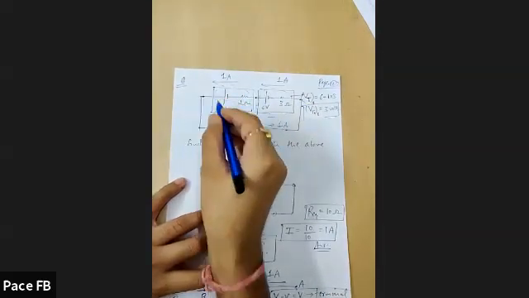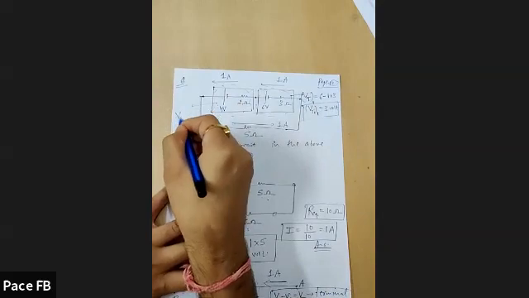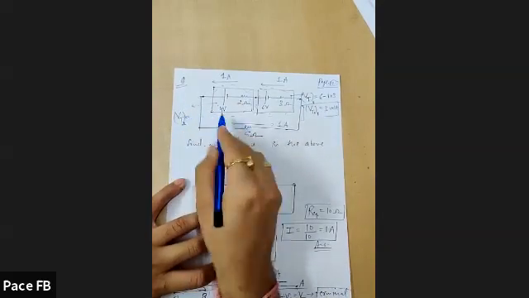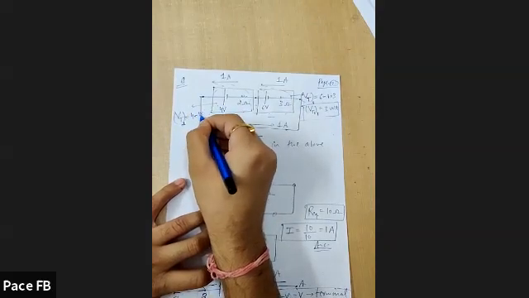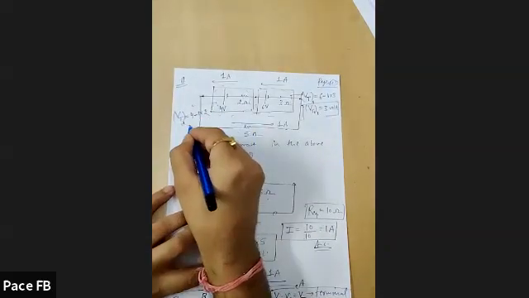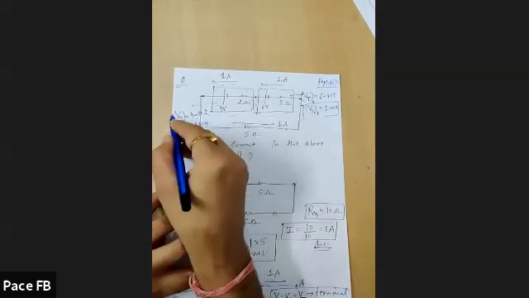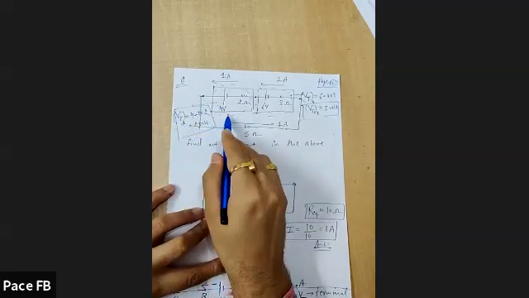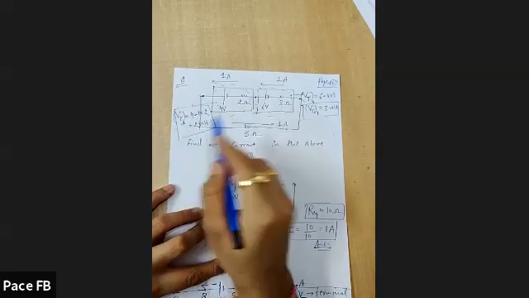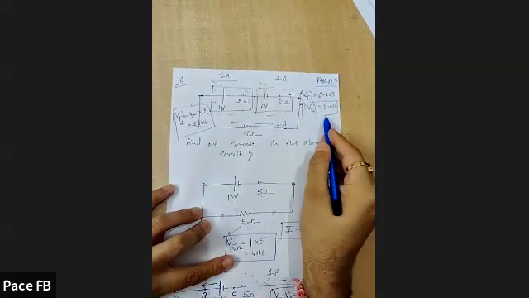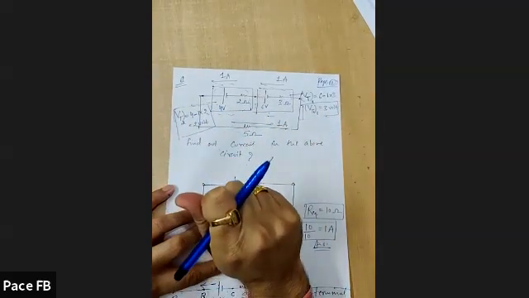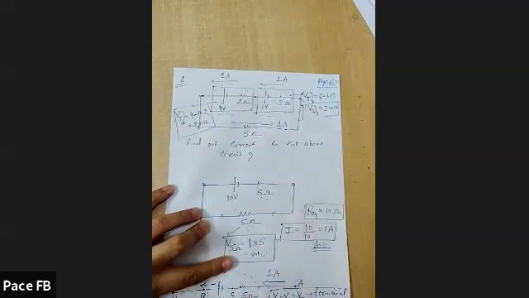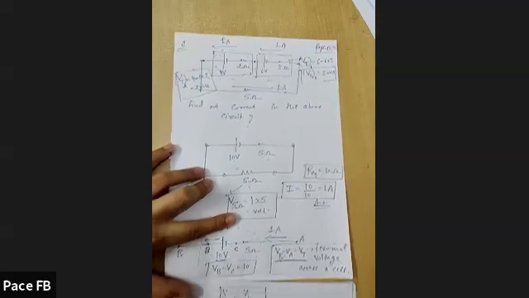And what is the terminal voltage across the second one? It would be E minus IR. The EMF is 4, minus the current 1 multiplied by internal resistance 2. This comes out to be 2 volt. The terminal voltage across the second cell is 2 volt, and across the first one it is 3 volt. Clear? So now you can find out the terminal voltage across any of the cells. Remember this formula, E minus IR. Okay, next question.